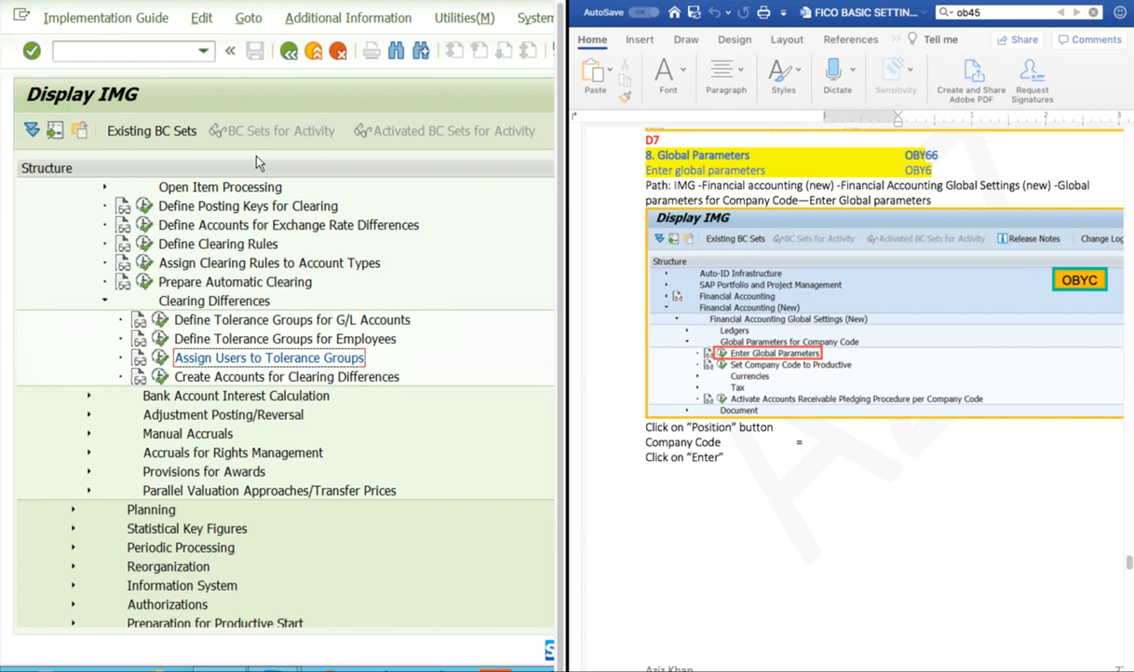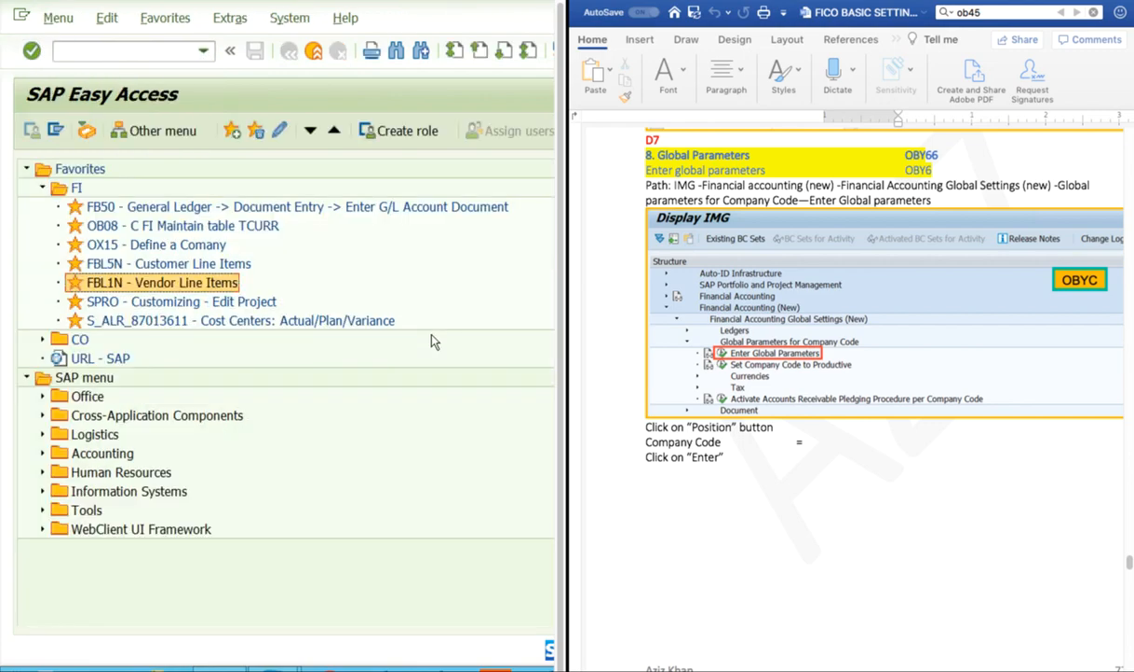We have covered our enterprise structure, everything is completed, right? Now we will create GLs. Our next topic will be GL, but once you have completed all those global settings, organizational elements and enterprise structure, there is one T code you can go for global parameters. You can go to OBY6, right? This is OBY6, and you can also go through SPRO,